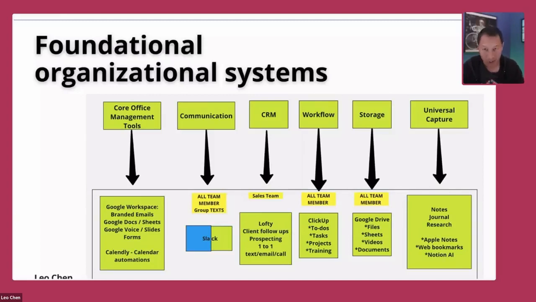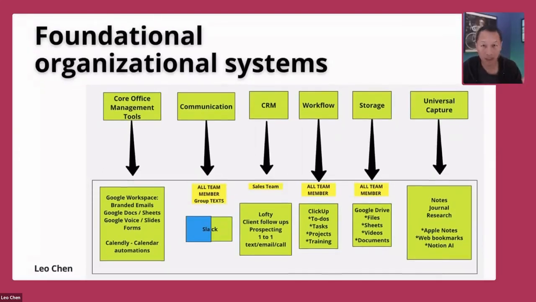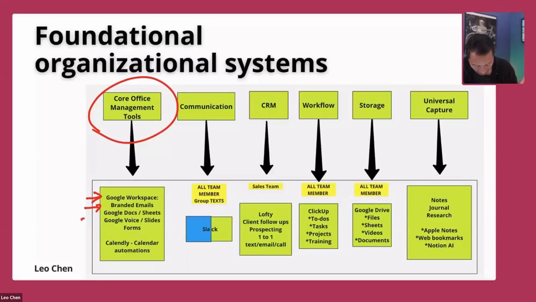All right. So this is an organizational system that I put together when I was growing a team. Okay. And so you can see all of the pieces. Number one, we need core office management tools. This is your email. This could be Google Workspace if some of you use that. Some of you might use Microsoft Office 365. Similarly, okay. But you need some sort of email that's branded. That means a domain name of some sort, such and such realty.com. And you need Google Docs and Sheets. You need Google Voice, for example, or if you have any kind of presentation that you do.